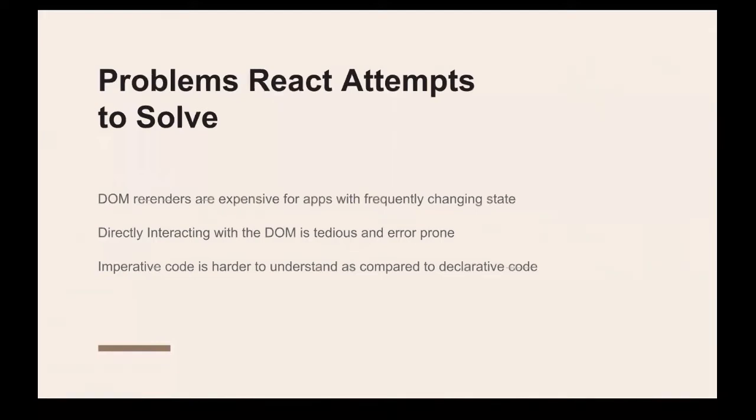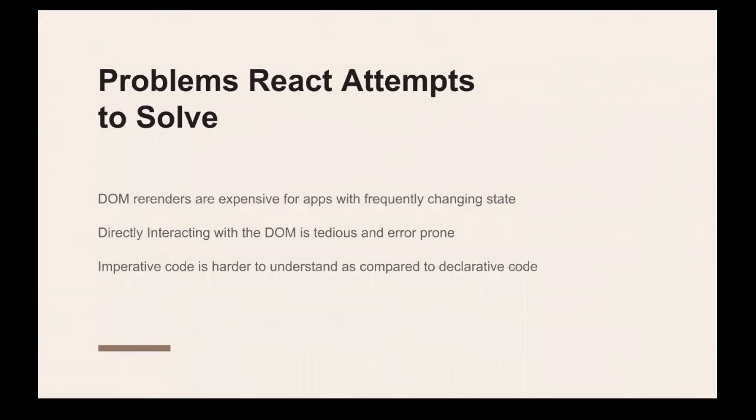So if your application gets a lot of data from the server with scrolling, for example, or with user interactions of any kind, and a lot of data is being changed, or a lot of data is being transferred from the server to the client, or may not have to be from the server, but if the state changes a lot, then DOM re-renders are expensive in that case, because